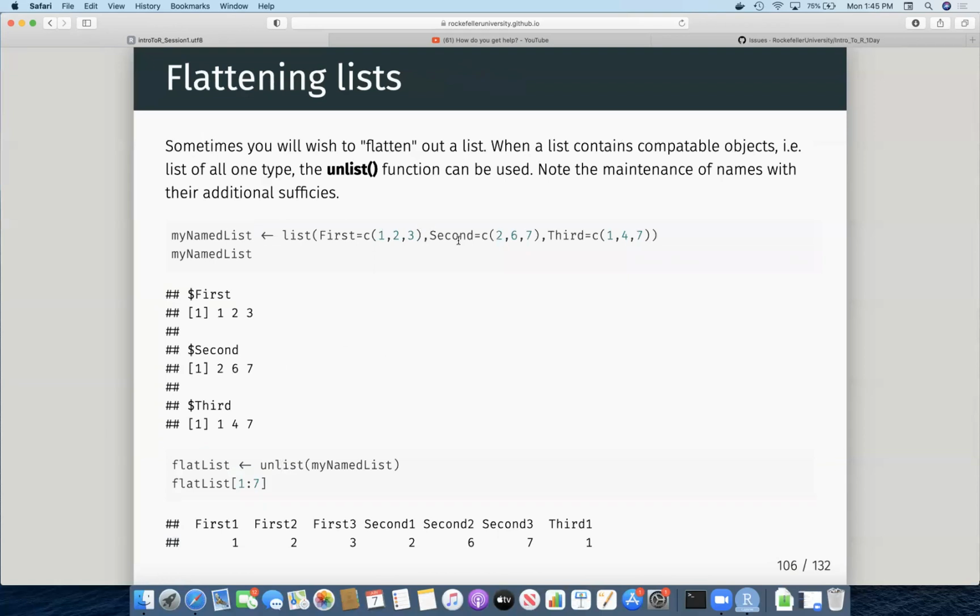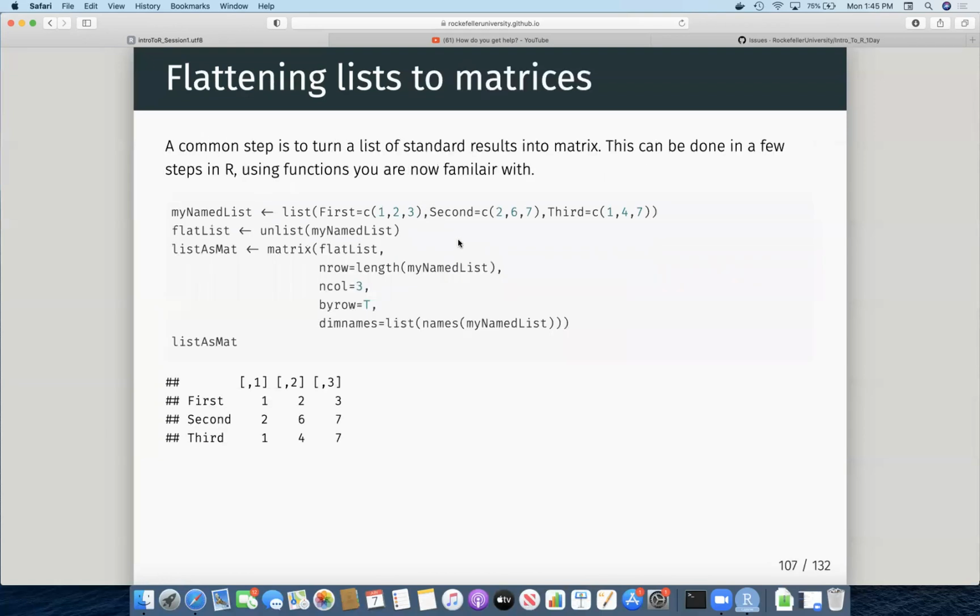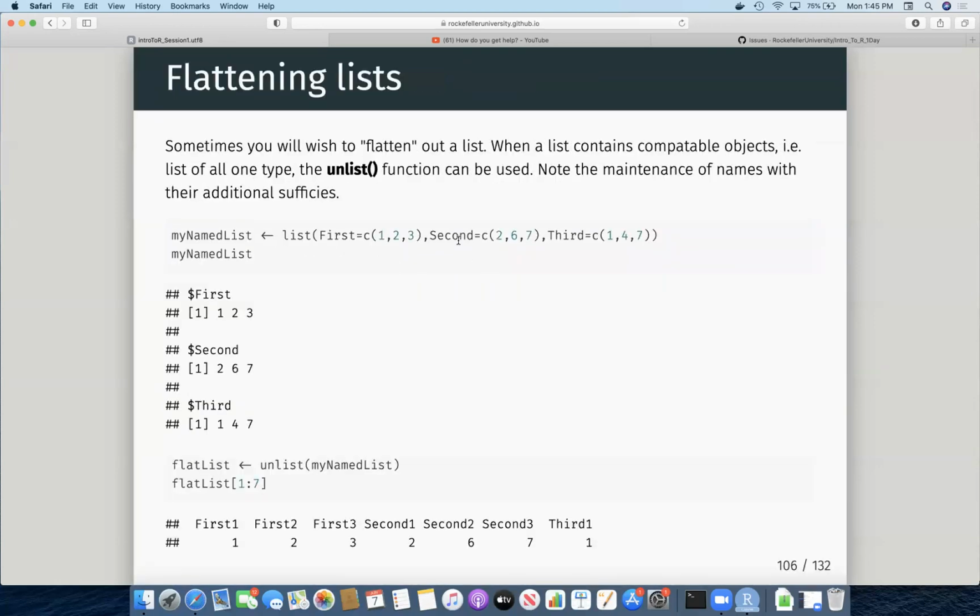So a really useful thing, which we'll come across maybe in the next few slides or in the for loops again, is that quite often you get values returned to you from a function, or someone else's function, as a list, and you want to flatten this into a different data structure. So you want to take this information from a list and put it into a matrix. Okay, so just to show you this in